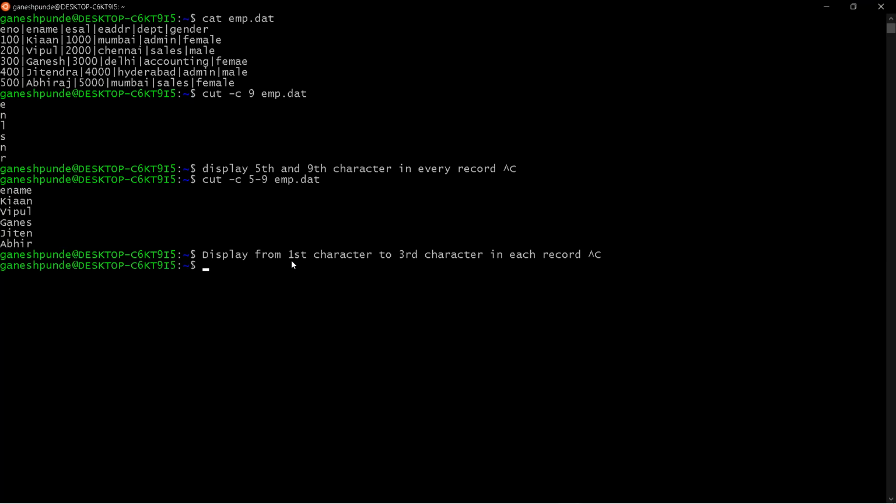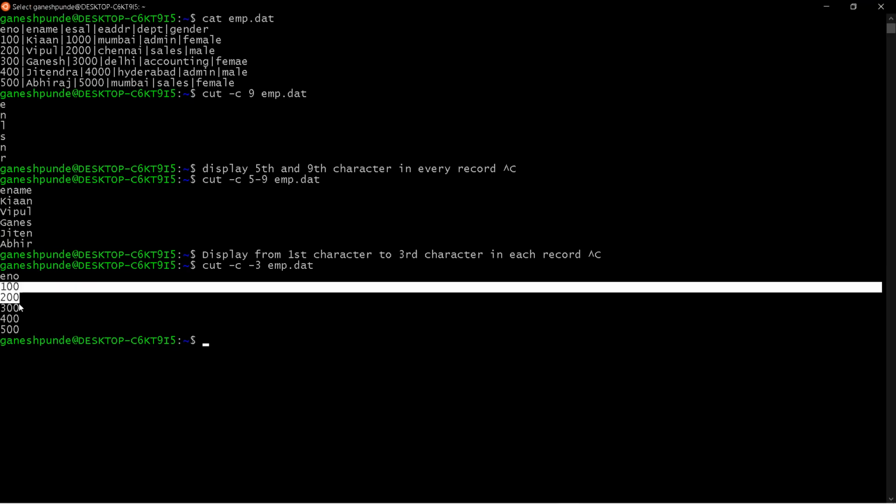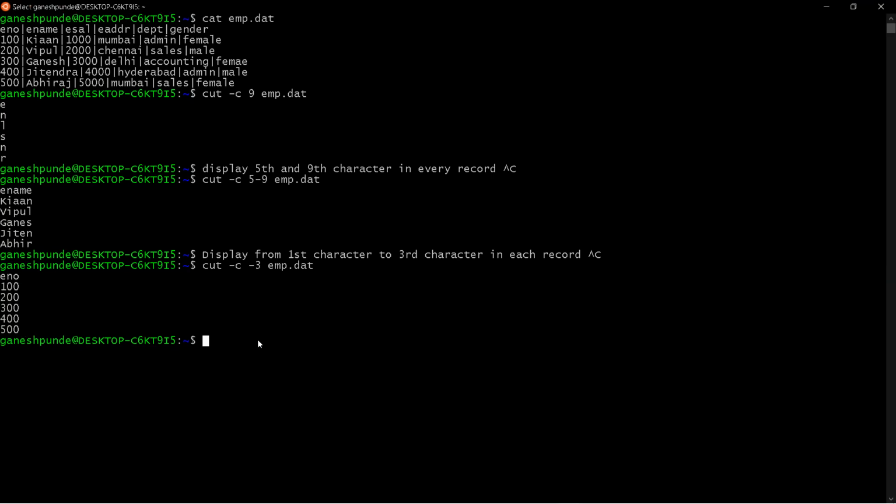If you want to do this, you can say cut -c -3 emp.dat. So you can see it is showing the first character to the third character. So the first 3 characters it is showing.